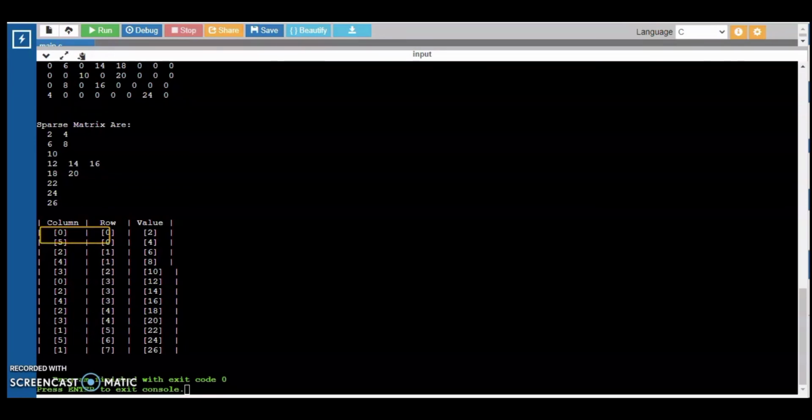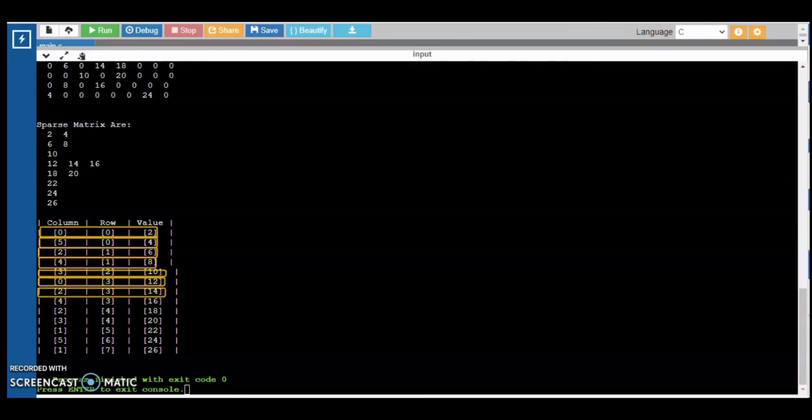in our column 0 we have 2 as our value, and in our column 5 and row 0 we have 4 as our value, and in column 2 and row 1 we have 6 as our value, and in column 4 and row 1 we have 8 as our value, and in column 3 and row 2 we have 10 as our value, and then column 0 again, and in row 3 we have 12 as our value, and column 2 and row 3 we have 14, and column 4 and row 3 we have 16, and column 2 and row 4 we have 18, and in column 3 and row 4 we have 20 as our value,